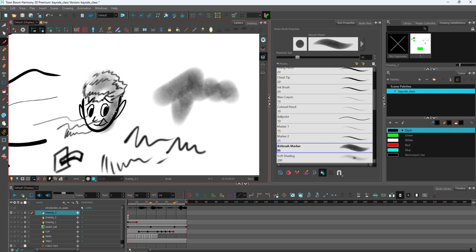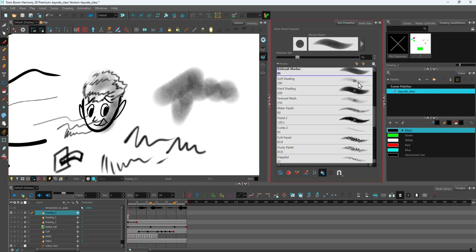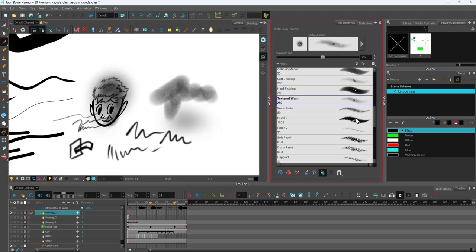You understand? So it makes sense to just have something like this. See this one too. Soft shading. Soft shading. Wow. This is what I could have used for the skin. You get? Right. Soft shading. Then you have